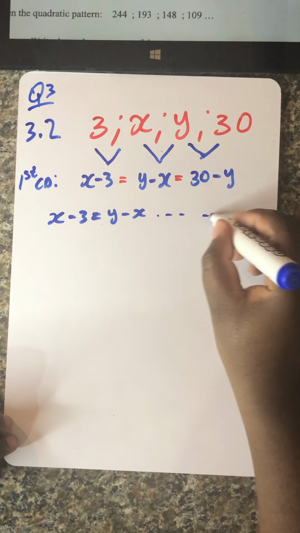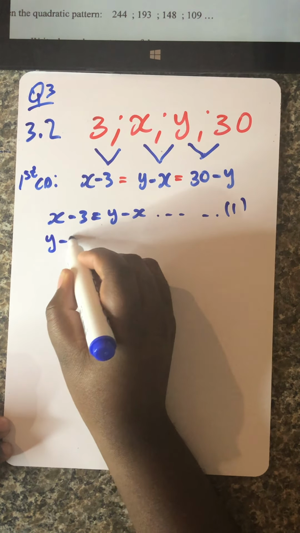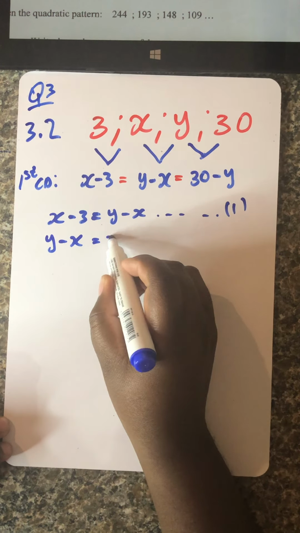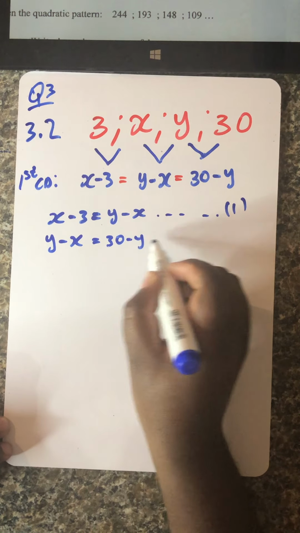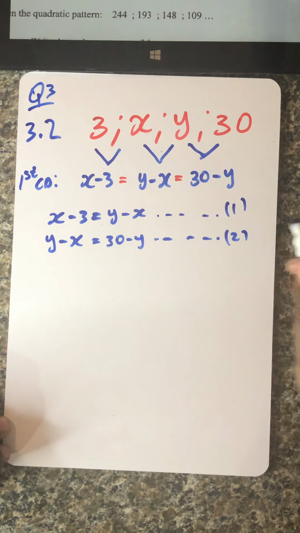Let's take this as equation 1. Then again, y minus x is equal to 30 minus y. Assuming that this is equation number 2,